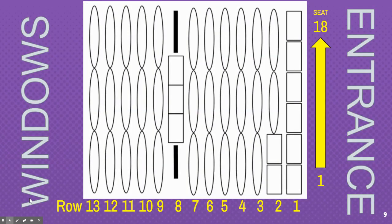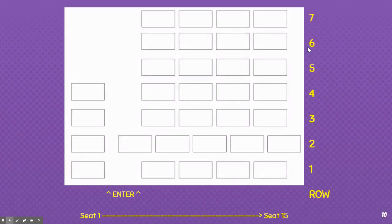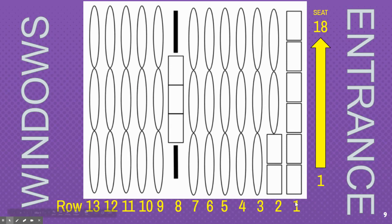This is what the lunchroom looks like. So you'll notice that the tables are actually facing a different way. You enter about right here, where my red cursor is. You're going to notice that the tables are actually facing the other direction than they were in first semester. And you will notice that we have 13 rows of tables. So you are assigned a row and a